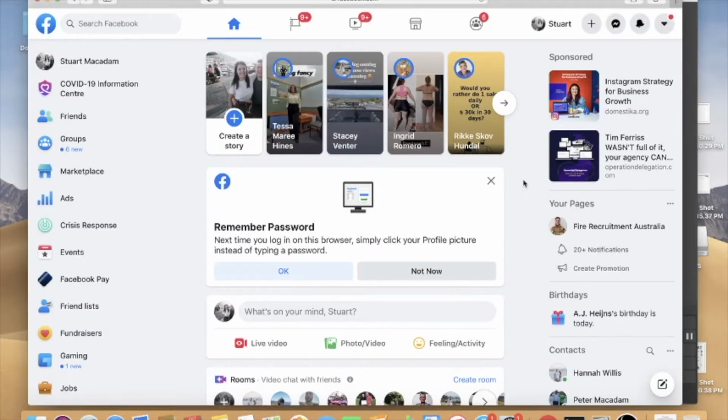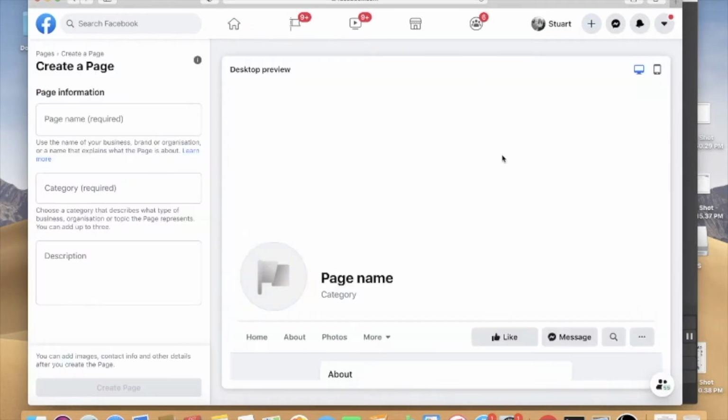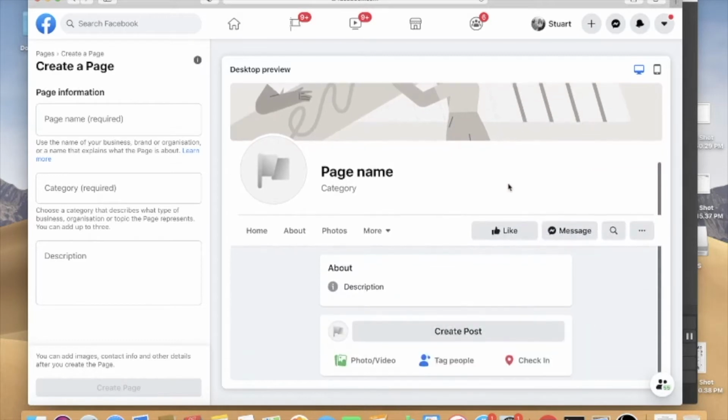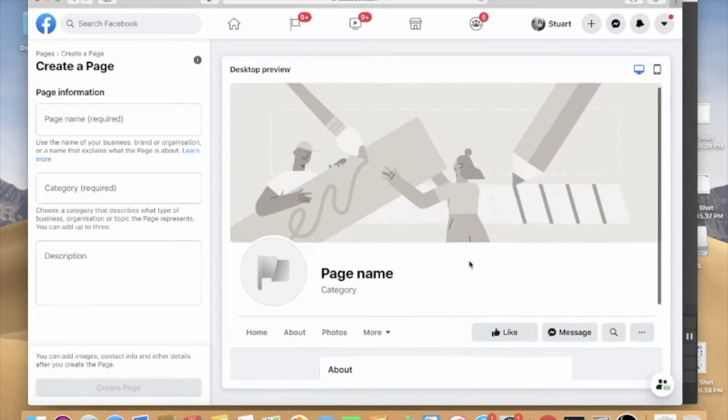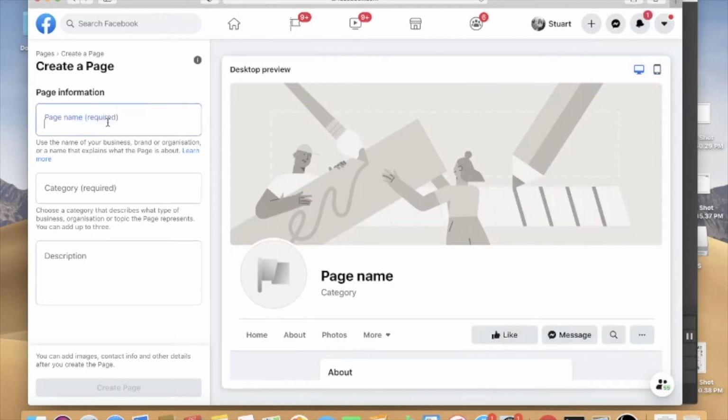So here we are on my Facebook account right now, and in order to get started setting up your business Facebook page, you just click the button right up here on the new Facebook layout, which is Create, and we're going to scroll down here to Page. Now, as you can see here, you've got a couple of different options and selections. Here's the basic look of what your page looks like now. As you can see, it's quite empty and basic. You've got the desktop and the mobile version you can preview,